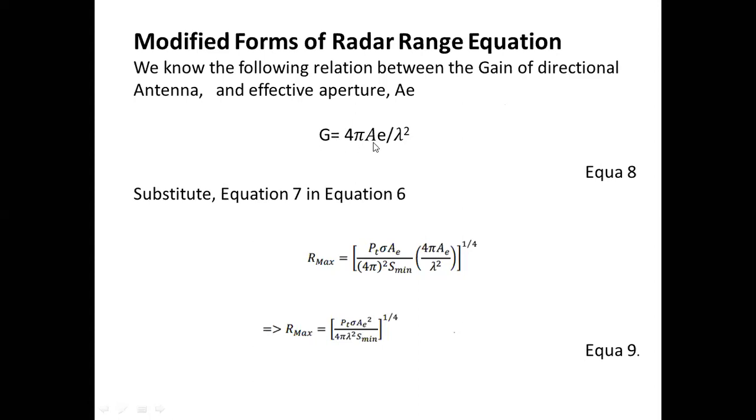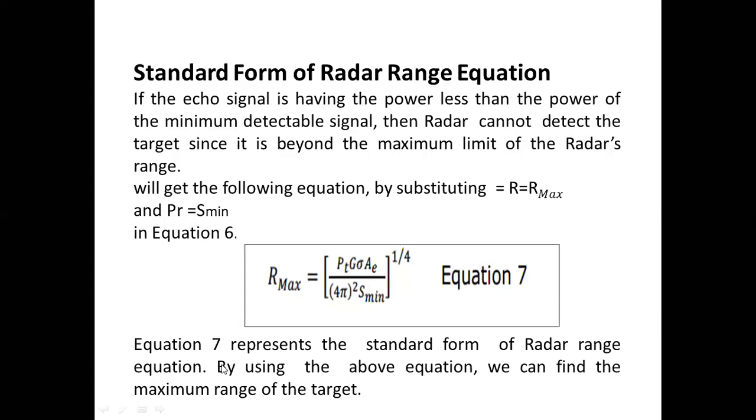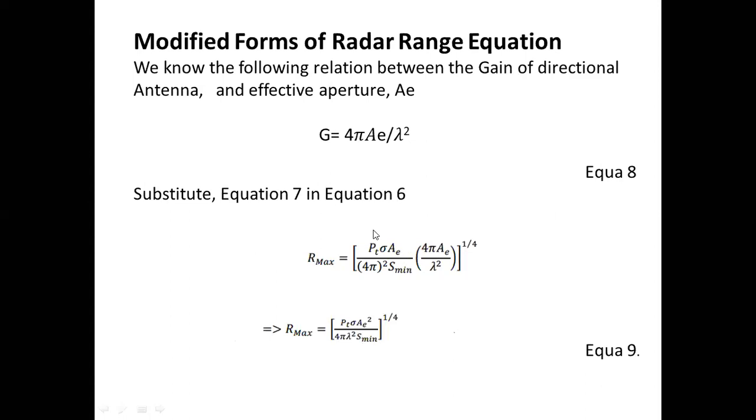So gain equal to 4 pi Ae by lambda square. Now substitute this in R maximum. The above equation is R maximum equal to this one. So now substitute the gain value here in the R maximum, that is gain equal to 4 pi Ae by lambda square. Again, we have to modify the equation. We have to substitute the G value in the R maximum. Substitute equation 7 in equation 6. So finally, we get the equation R maximum equal to